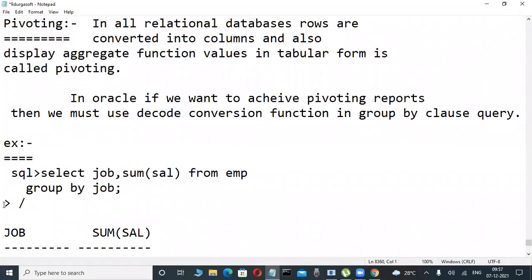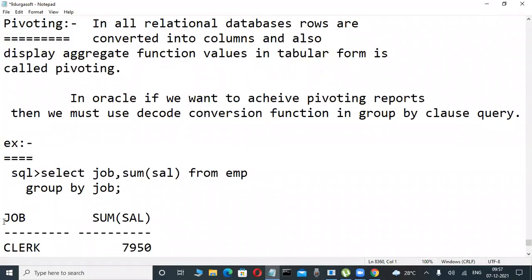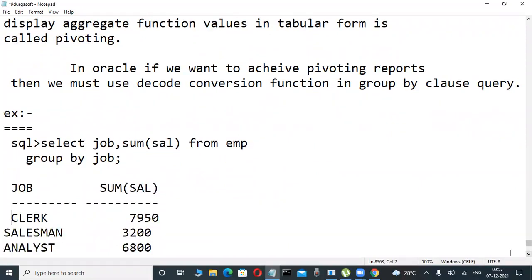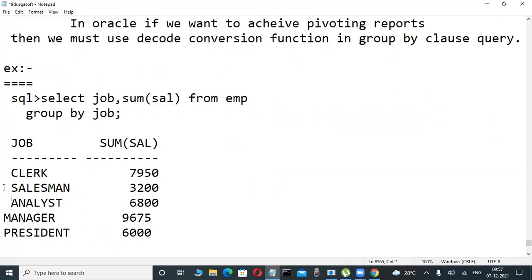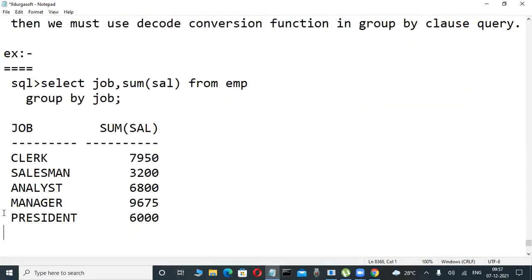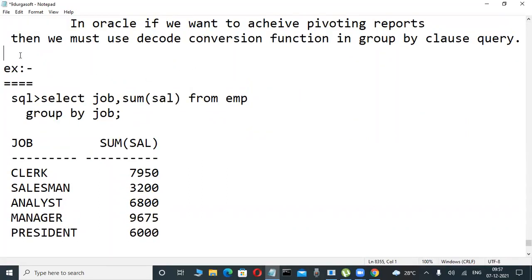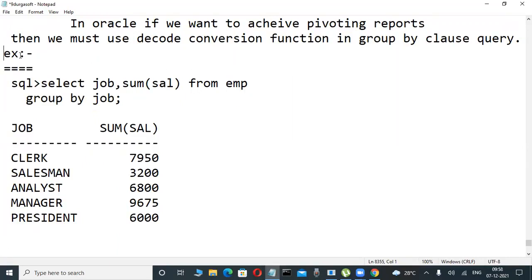Group by clause query is compulsory, an experience concept. The theory is finished. Write this query and its output. Anybody not writing the theory, write it. That is also important. Write the output roughly too.